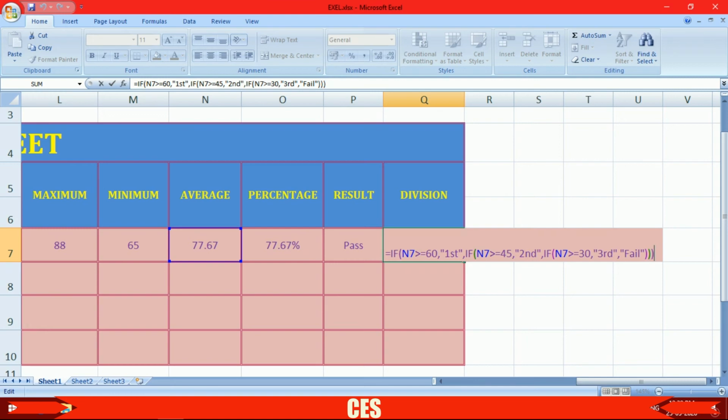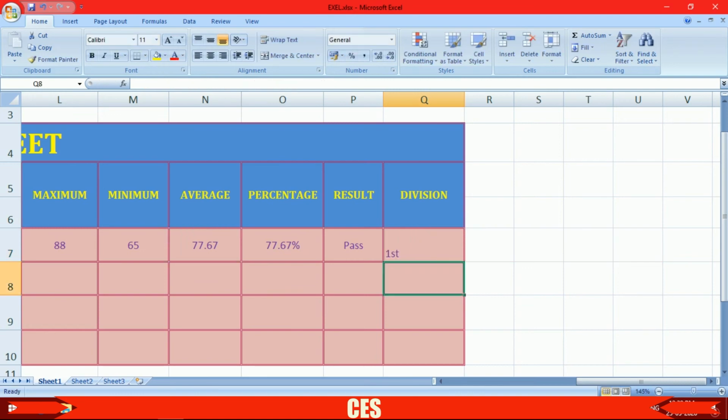So this is the formula to calculate division. Now I am going to press enter. Here the division is first division.